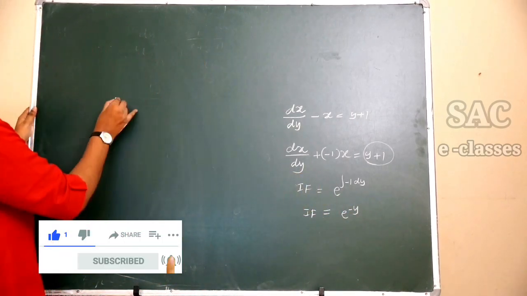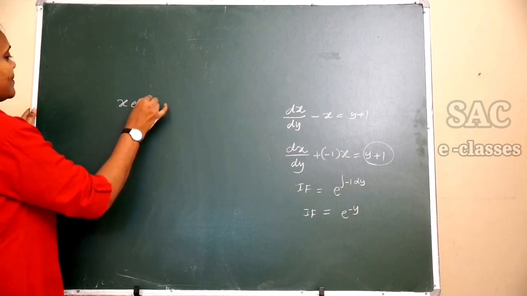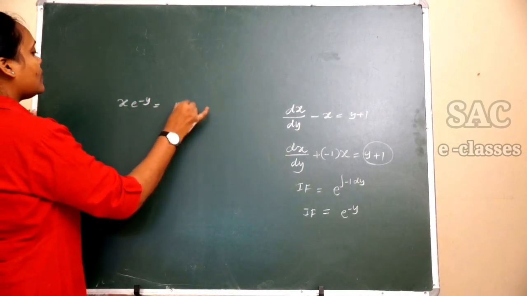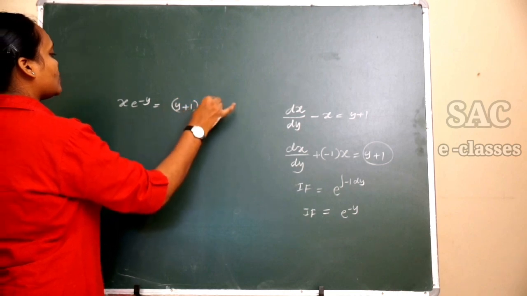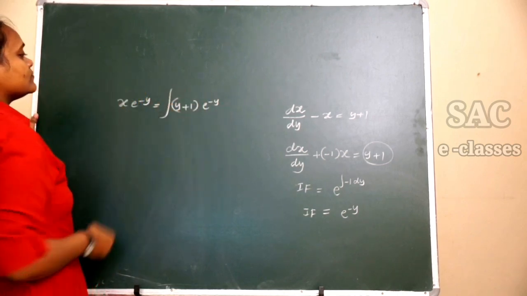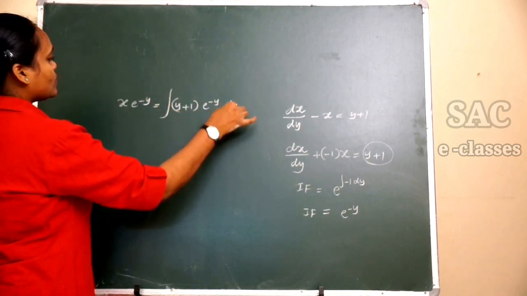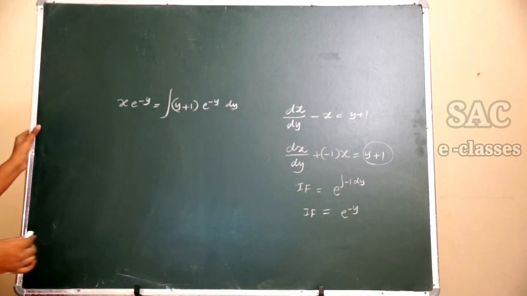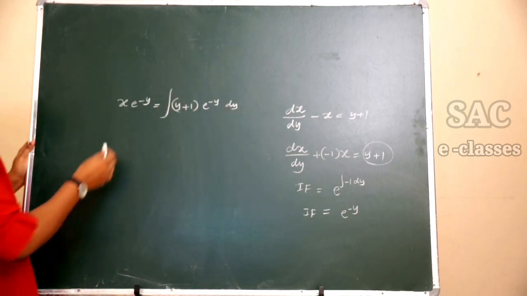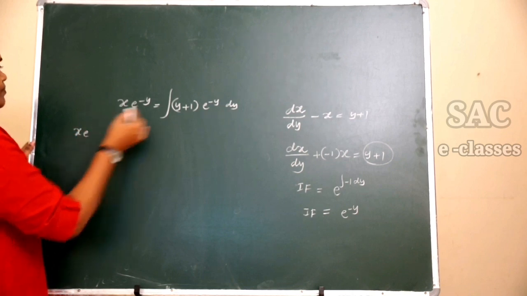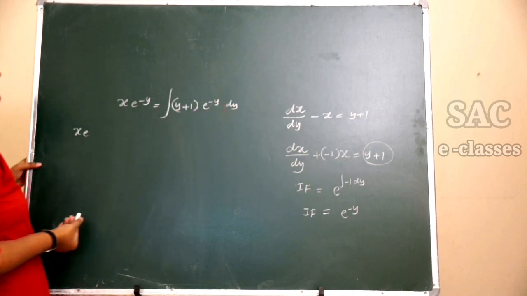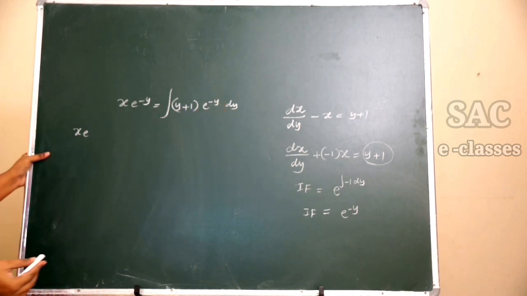Now what I am supposed to write is x into e to the power minus y equal to the integral of (y + 1) into e to the power minus y dy. So let us find the integration of (y + 1) into e to the power minus y